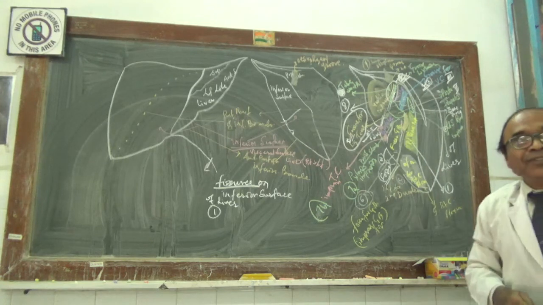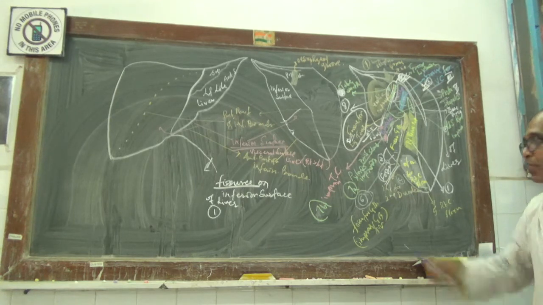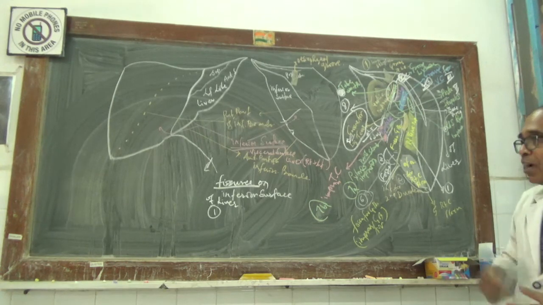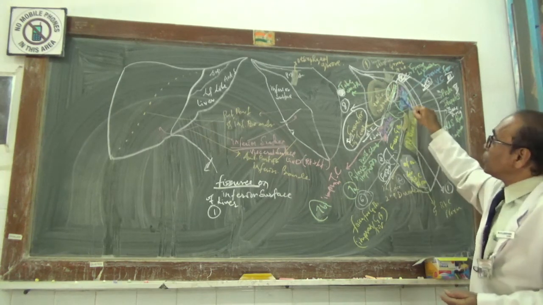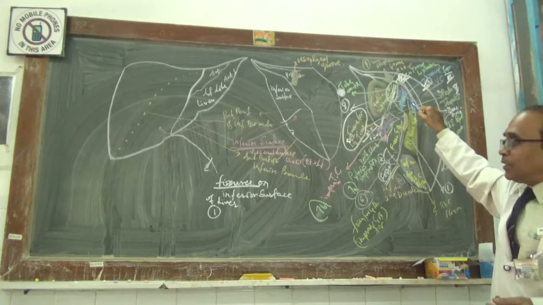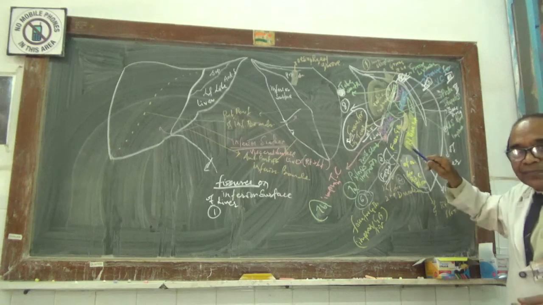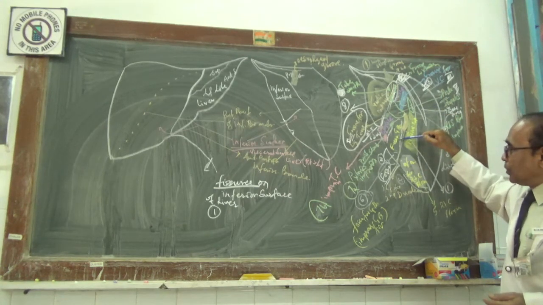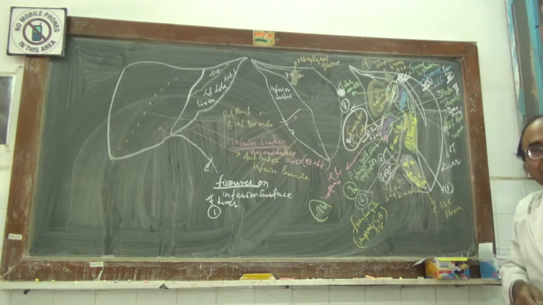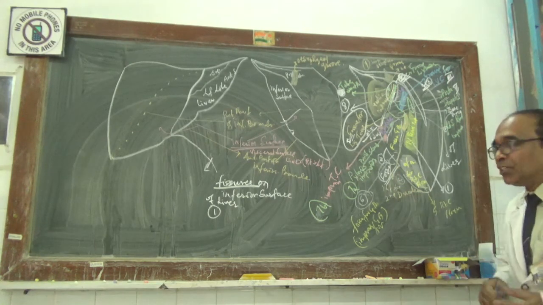Porta hepatis is a transverse slit or transverse fissure which is present on the inferior surface of the right lobe of the liver. Now this porta hepatis, above and behind, is related to the caudate lobe. Above, behind and to the right, it is related to the groove for the inferior vena cava. Below, in front and towards the right, it is related to the fossa for the gallbladder, which is formed by the anterior surface of the neck, body and a little part of the fundus of the gallbladder.